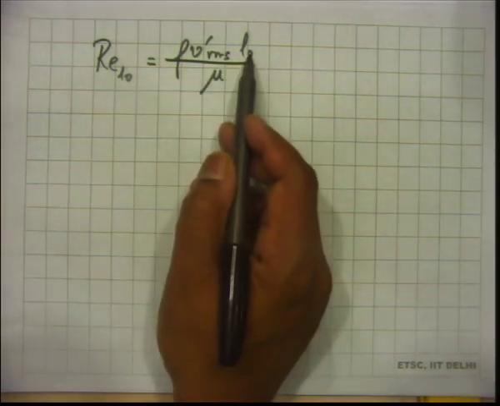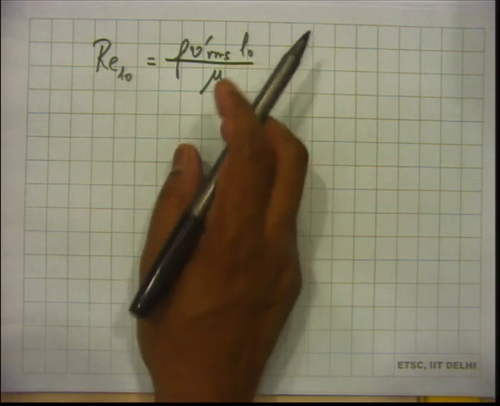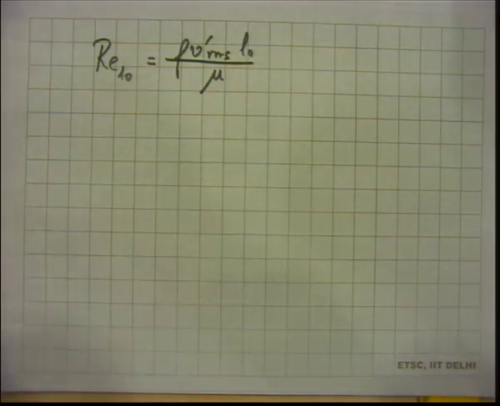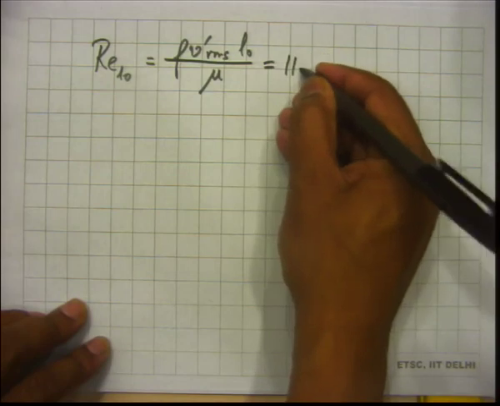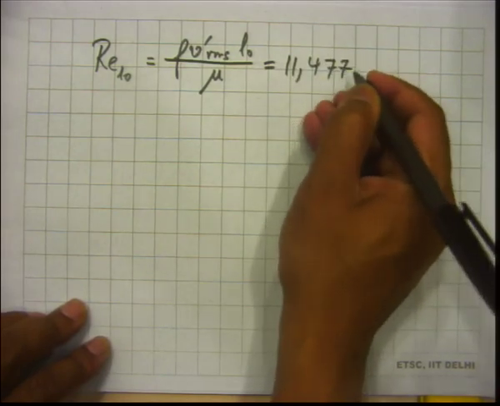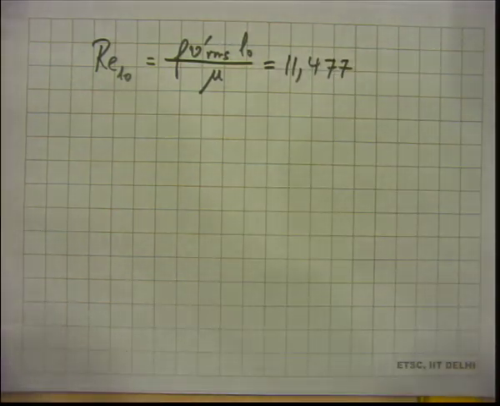We can get L0 also. L0 is the integral length scale, which is 1/10 of the mean flow rate. So using all this, we can get Re L0 as 11,477, and then we can go back to a plot like